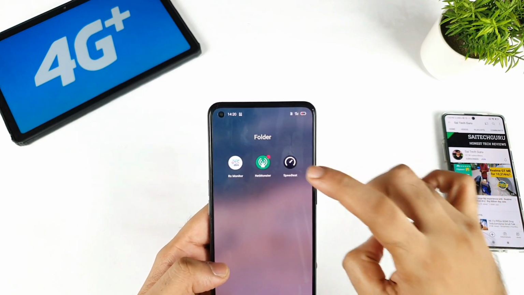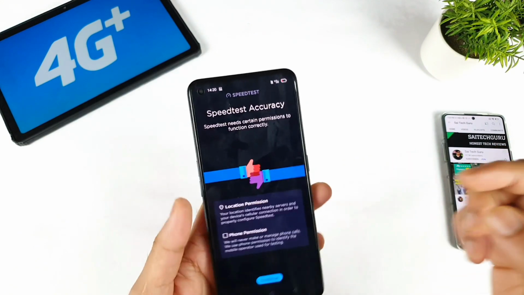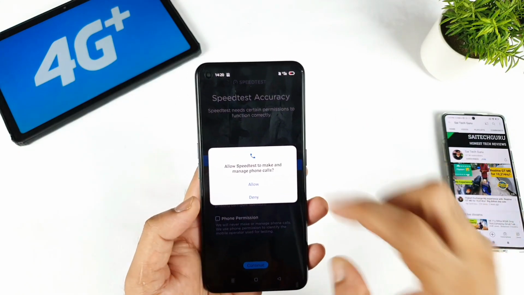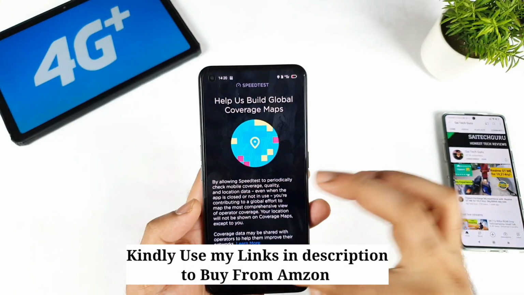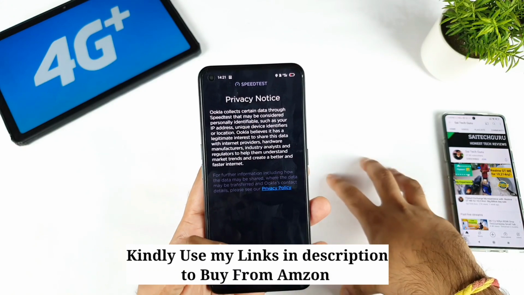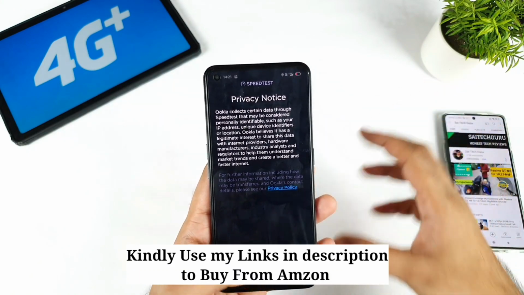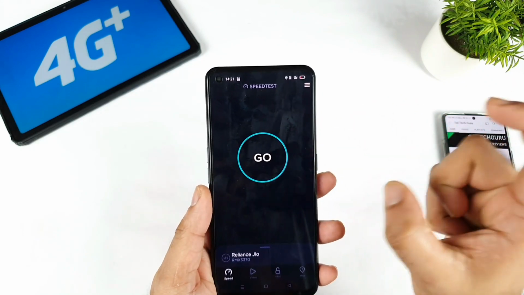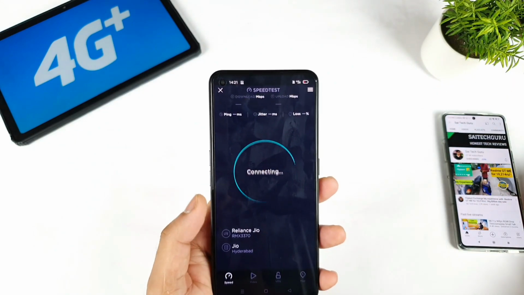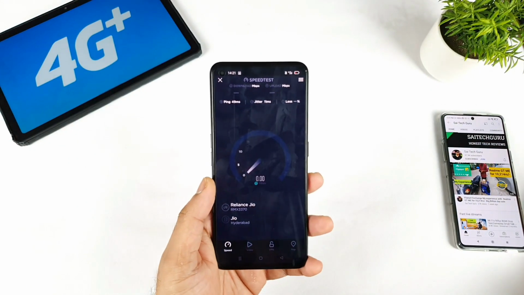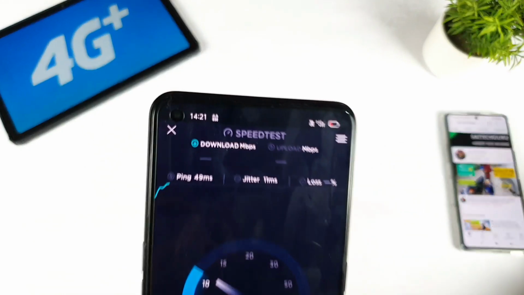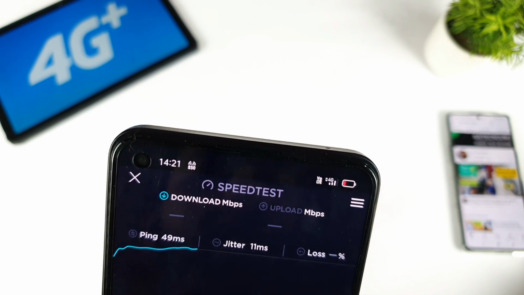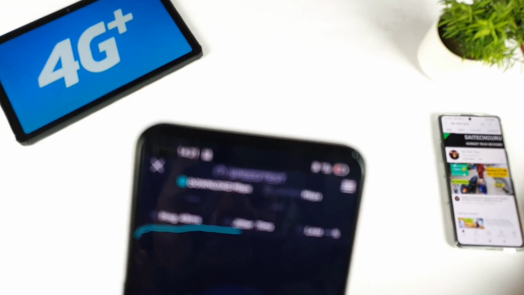Now let's do the testing using the 4G data, to see how much we can expect. This is my first time doing this kind of speed test on the Realme GT Neo 2 with the Jio SIM card. Usually in my location, inside my studio environment, I get speeds of close to 10 to 15 Mbps, and anything in between that I'm really happy with. Let me start the testing. Right now I'm not getting any 4G plus aggregation, as you can see at this moment, but it comes and goes, so it's not that consistent.